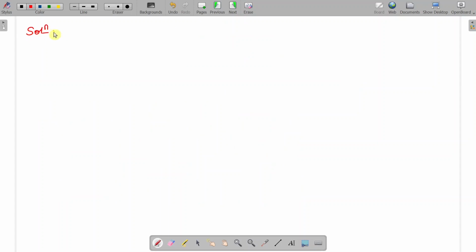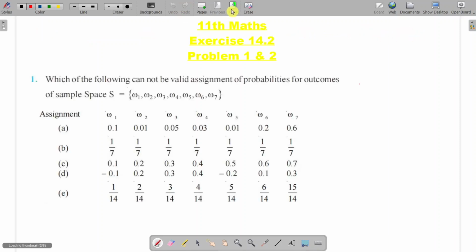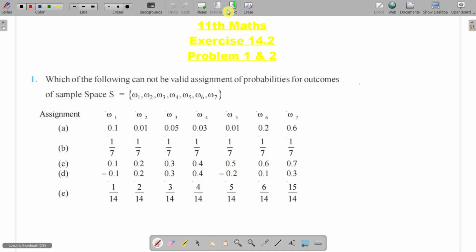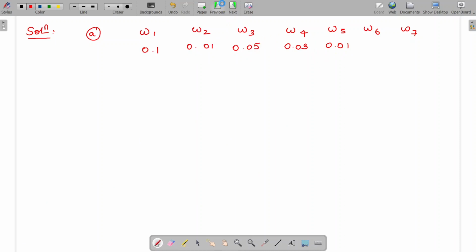So solution, A let us take. So omega 1 is given, omega 2, omega 3, omega 4, omega 5, omega 6, omega 7. So omega 1 is 0.1, then 0.01, then 0.05, then 0.03, then 0.01, then 0.2 and 0.6. Okay, so now we can see that this omega 1, which is 0.1, is less than